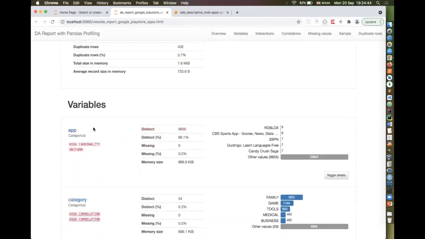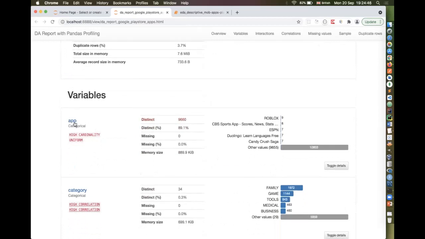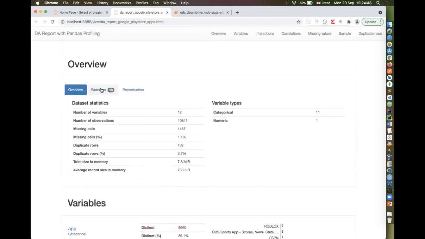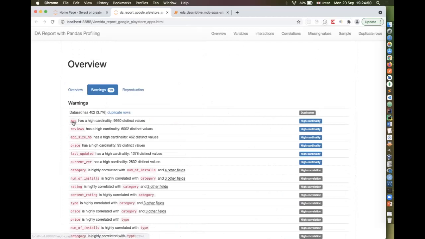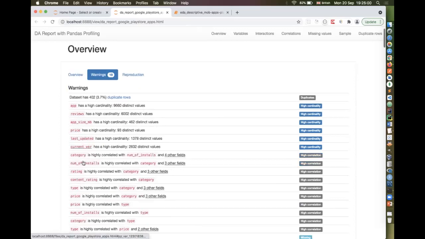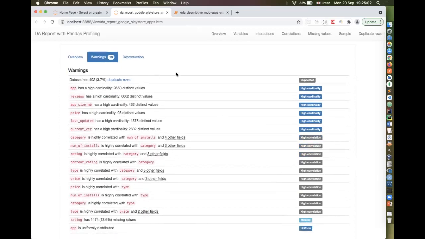Each variable is nothing but a column or field. It also gives any warnings, such as each field having high cardinality or these many distinct values. For reviews, for each field, it provides this information.